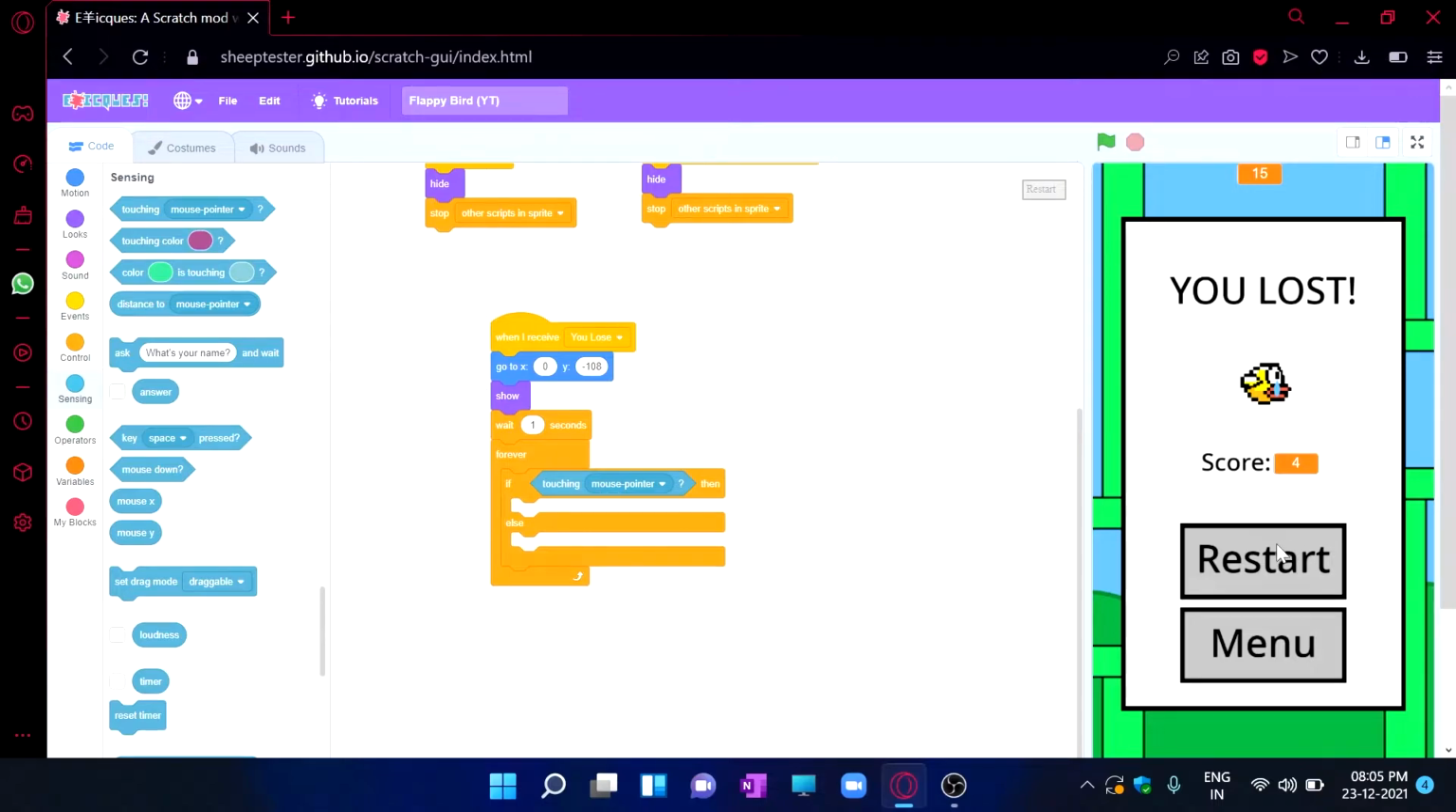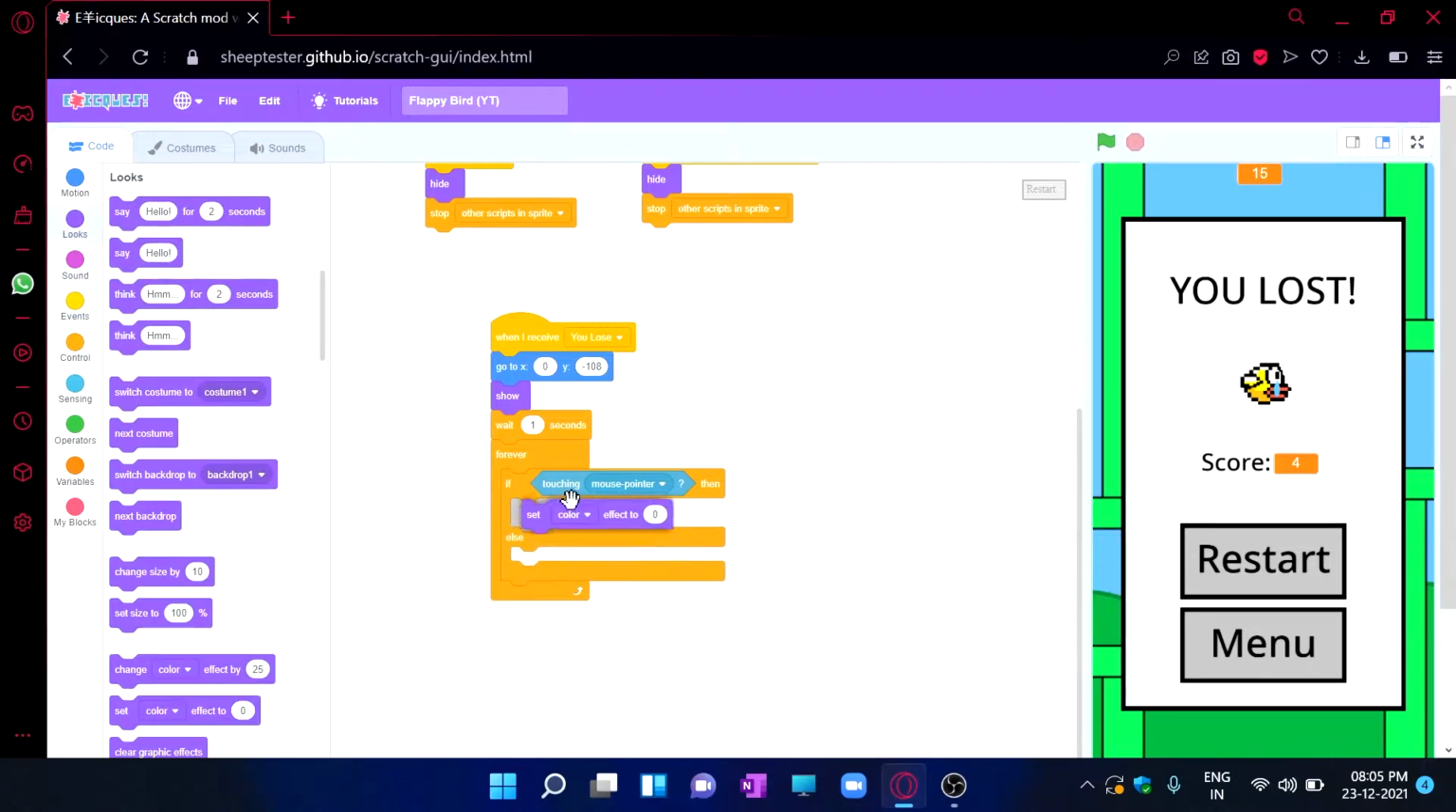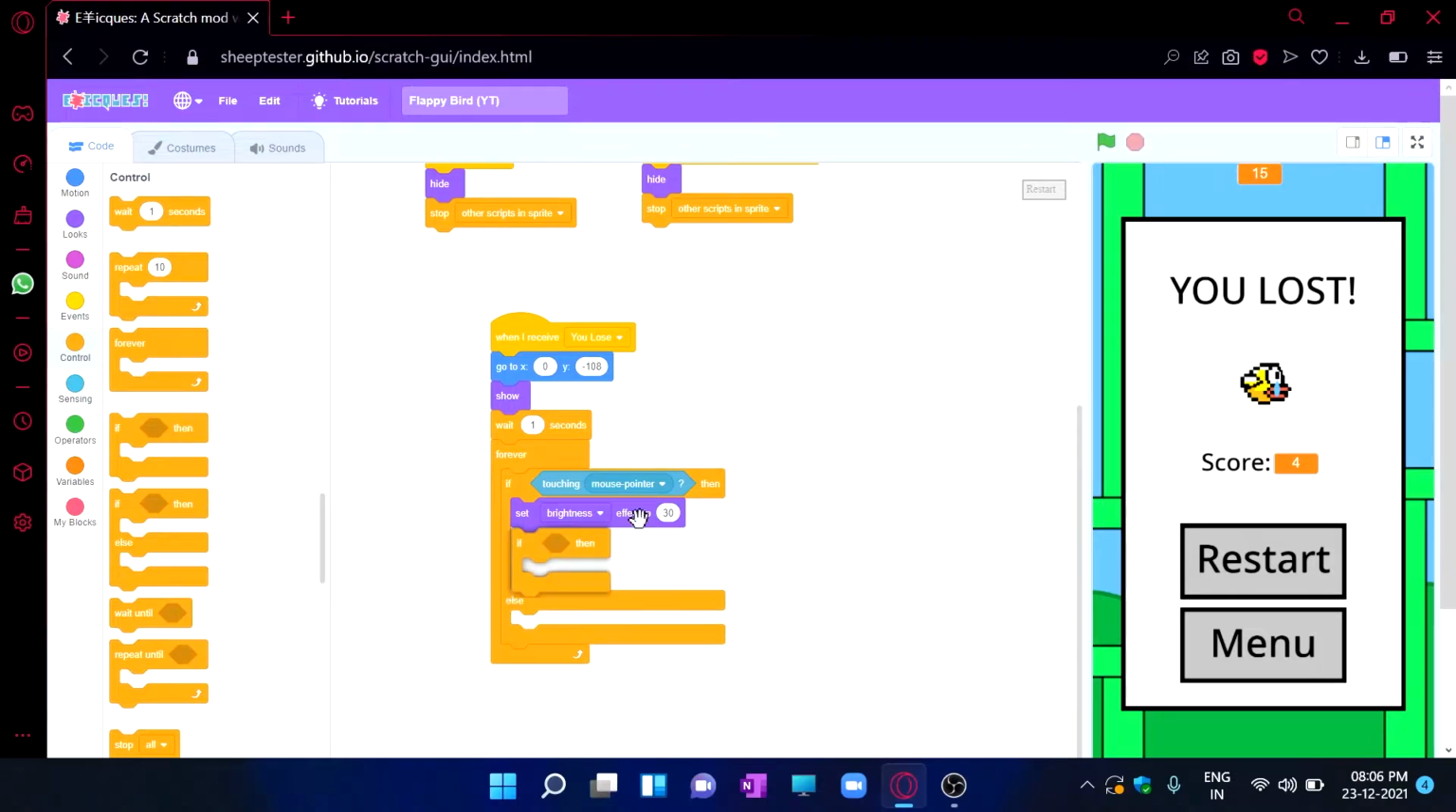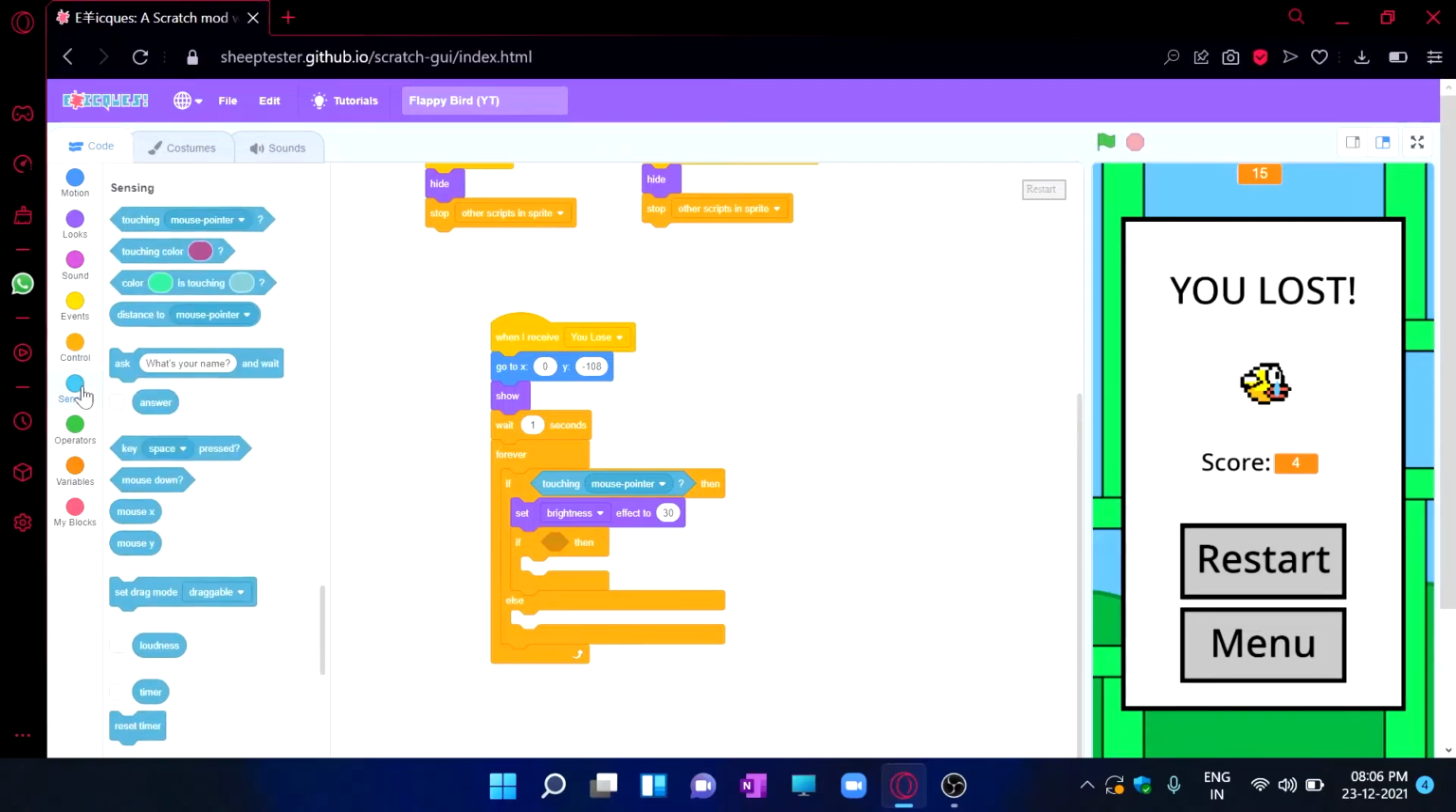Now in this forever loop, we are going to add an if else statement saying that if touching the mouse pointer, which means you're touching the restart button, then you can go ahead and set the brightness effect to 30. So we're going to do this little effect whenever this is being touched by the mouse pointer. And inside that, we're going to add another if statement telling that if mouse down,